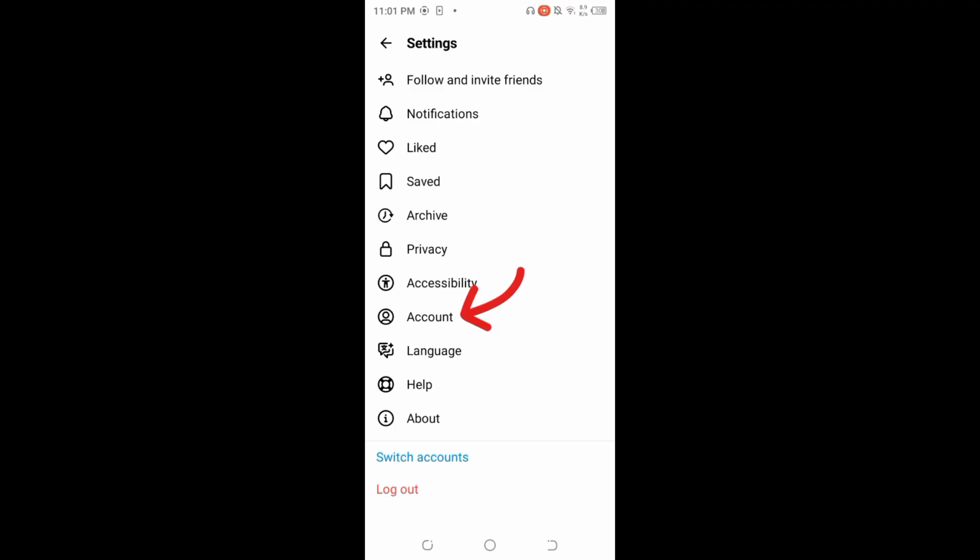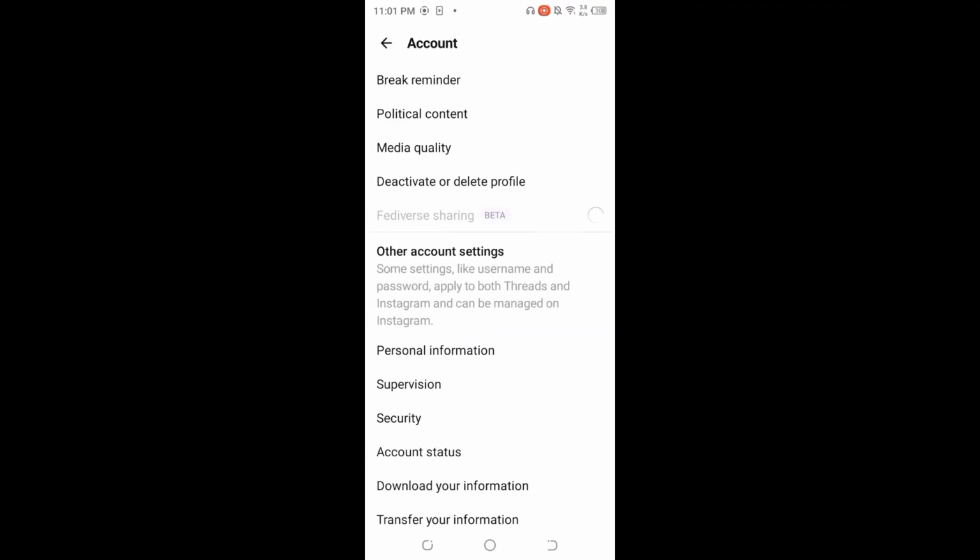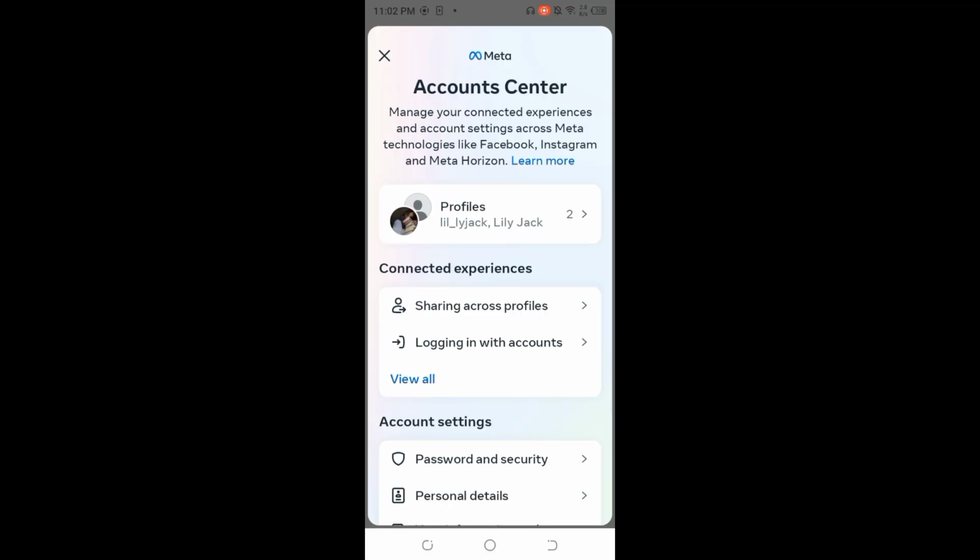Now in the settings menu, choose Account and here you will see various options related to your account settings. Unfortunately, Threads does not allow you to directly change your password within the app. Instead, click on Security and this will redirect you to your Instagram app as Threads is linked to your Instagram